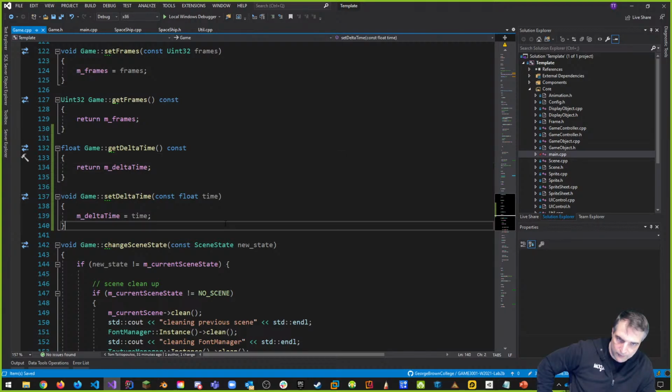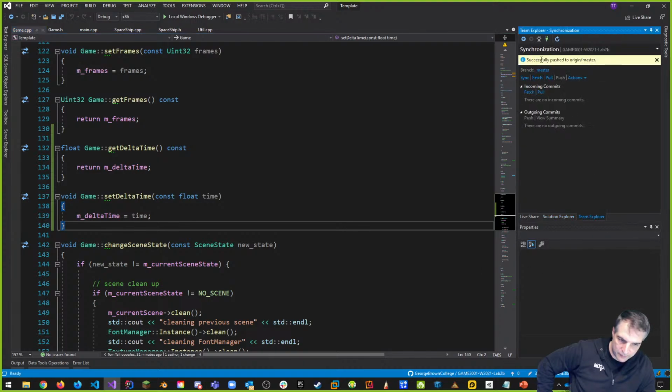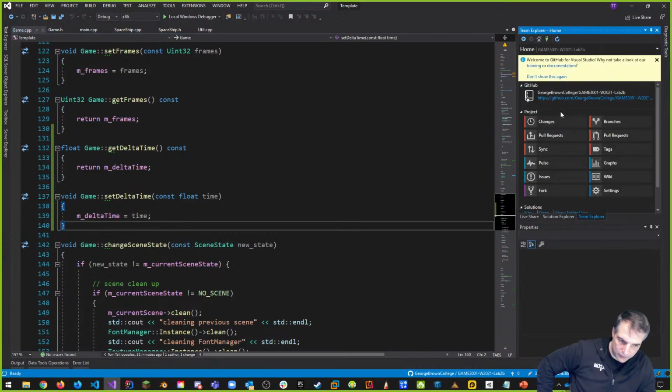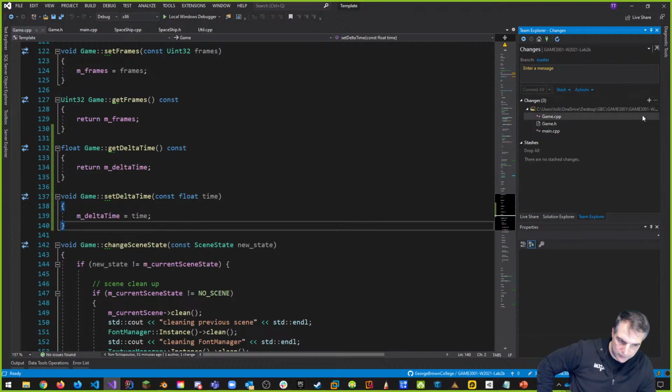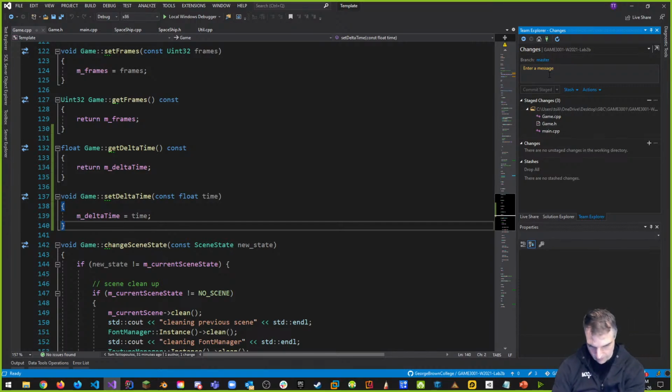Hopefully that helps. And now that I have delta time, let's put it up on GitHub. So I'm going to go to Team Explorer, go to Home, go to Changes, and I'm going to add those changes to game and main. Every feature, I'm adding onto GitHub. I'm going to say added delta time,